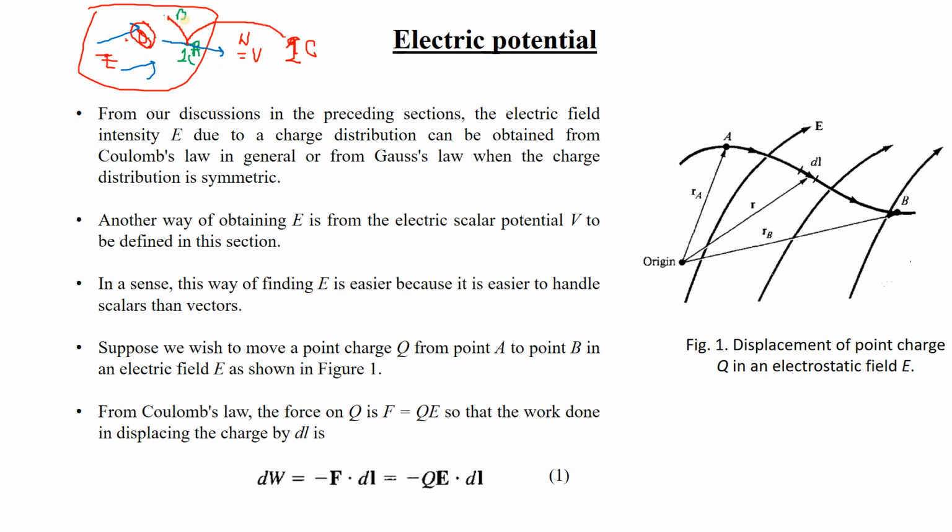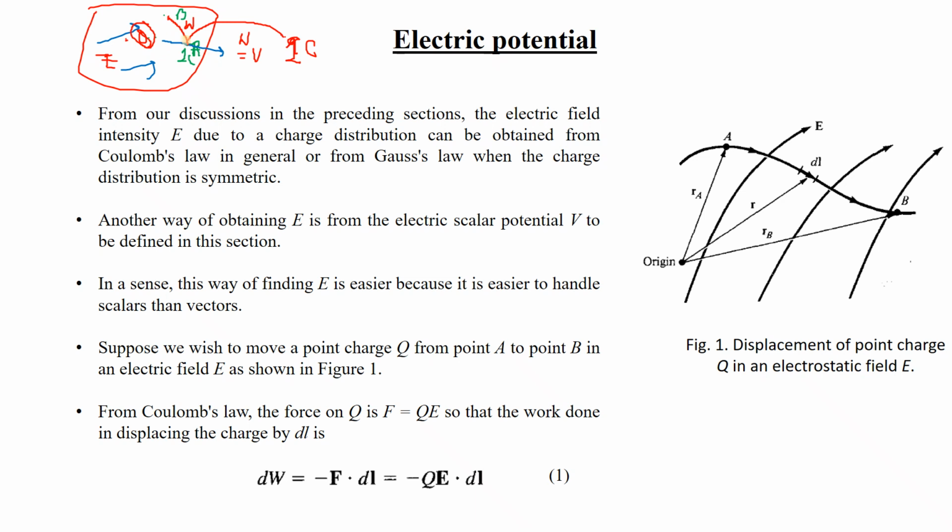So some work is done against the force of charge Q. The work done to move the 1 coulomb charge from A to B is called the potential difference. If you are bringing a point charge from infinity to a particular point, that is potential, that is work done. And if you want to shift that charge within the electric field, where charge Q is opposing you from moving the charge from A to B, but you still want to move it,